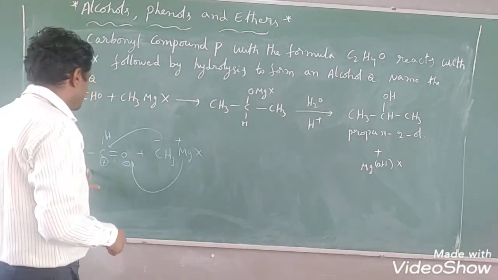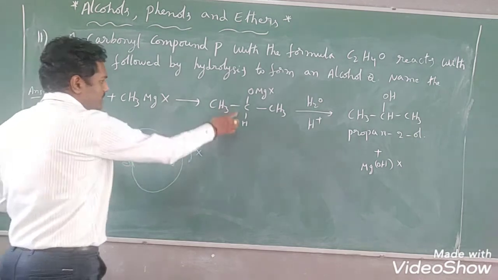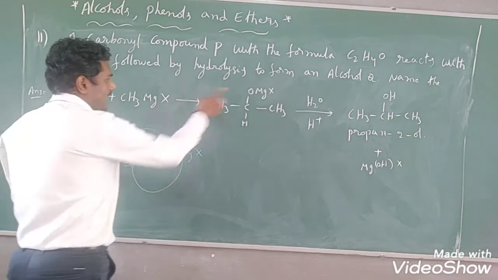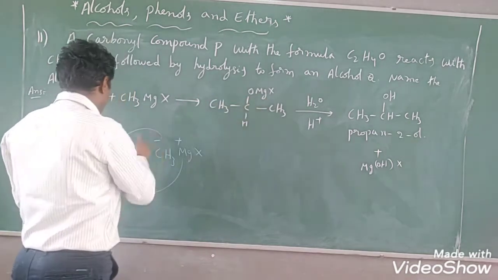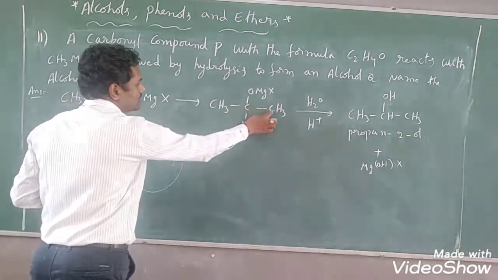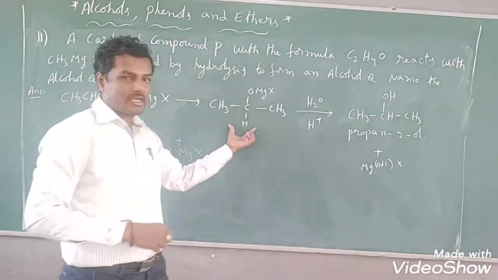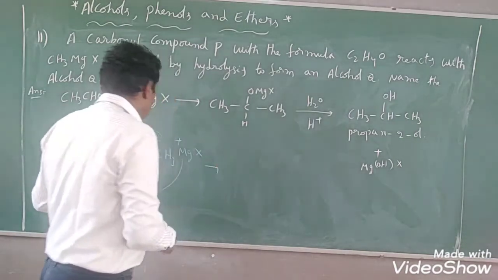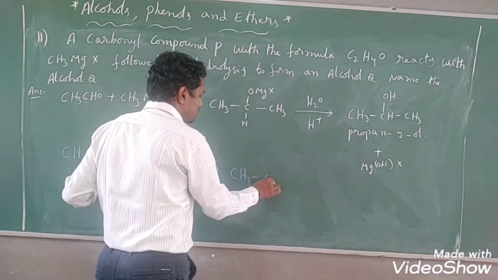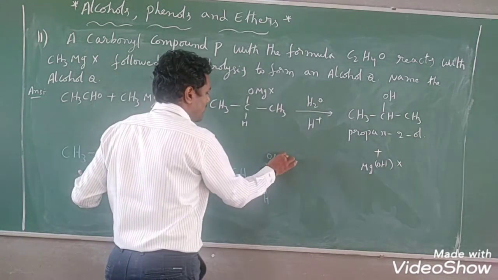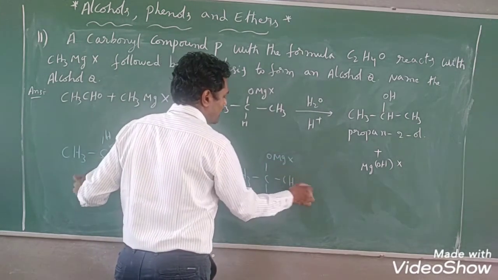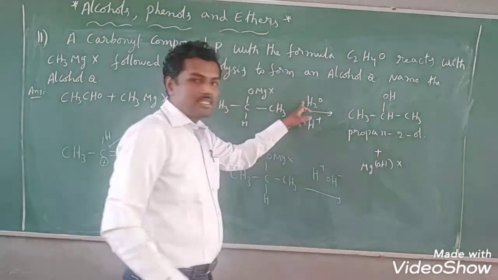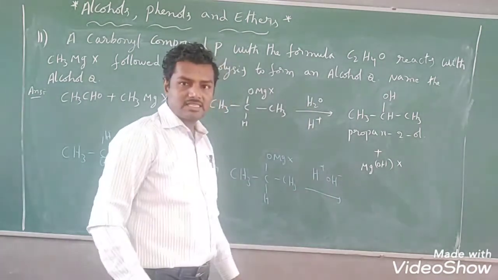Now you see what product you will get? CH3CH with OMgX on oxygen. MgX is attached on oxygen, OMgX. This CH3 is attached on this carbon only, so CH3. This is the compound. On further hydrolysis, what will happen? This leads to what compound? CH3CH OMgX, CH3 we have got. On hydrolysis, H plus and OH minus ions are present.